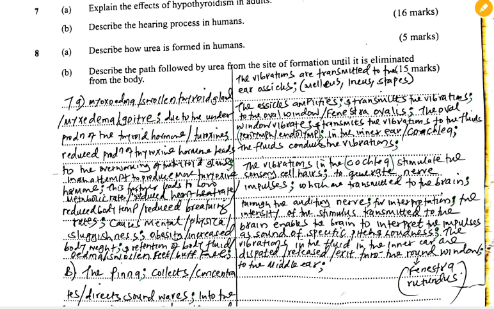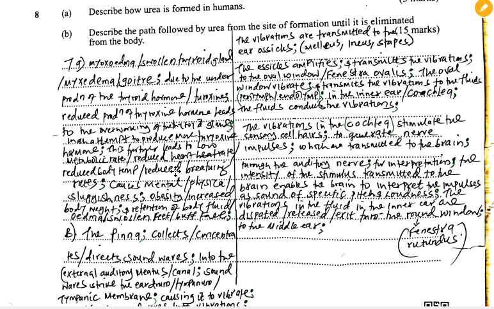And this is in attempt to produce more thyroxine hormone. Then this further leads to low metabolic rate and reduced heartbeat. It also reduces the breathing rate. Apart from that, it causes mental and physical sluggishness, obesity, and increased body weight. Then you'll have retention of body fluids, or edema, that is swollen feet. Then part B,